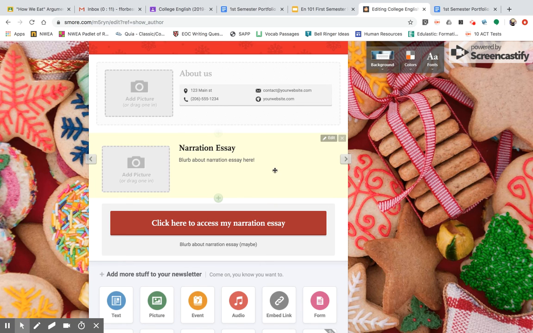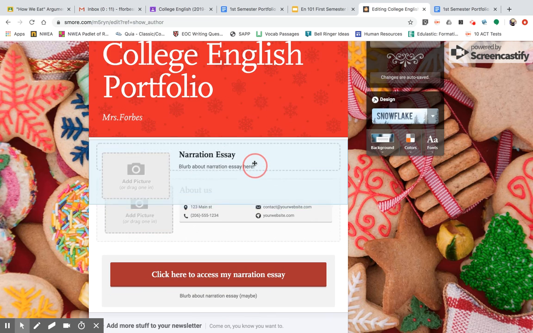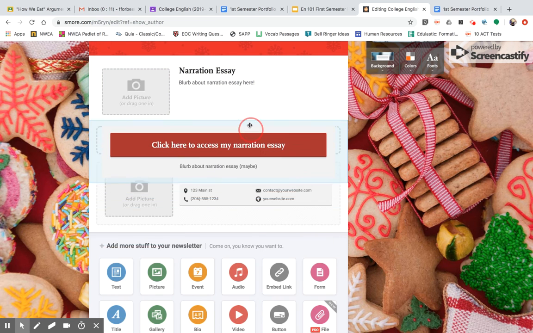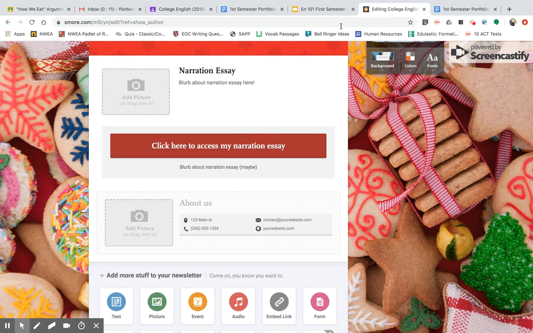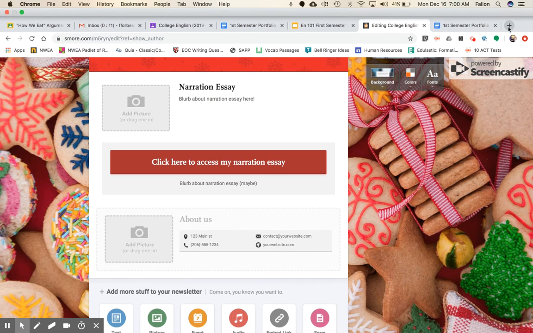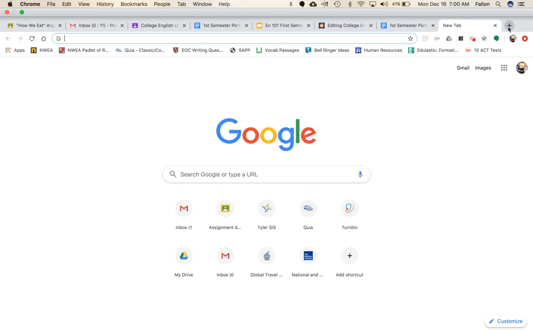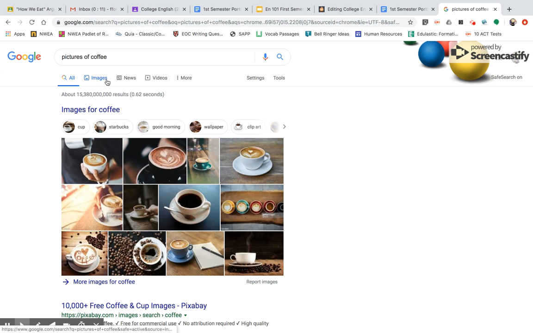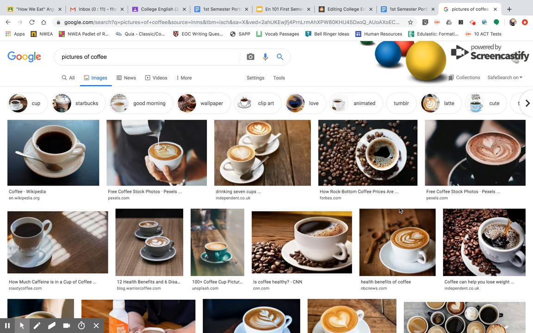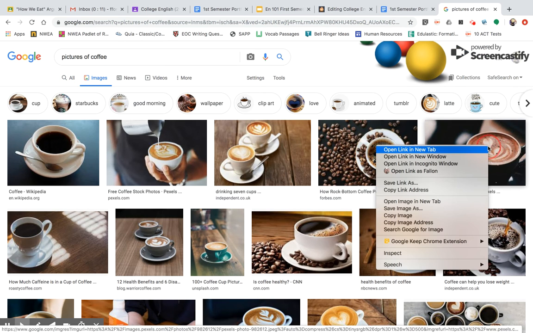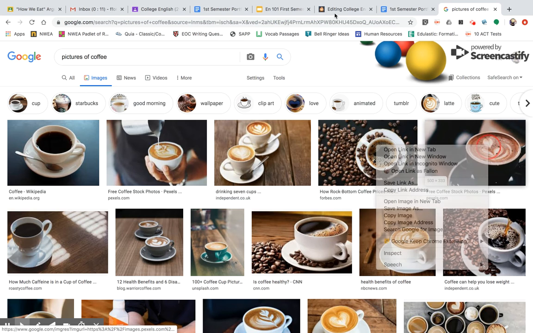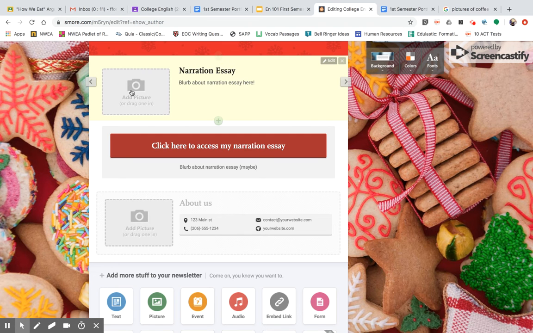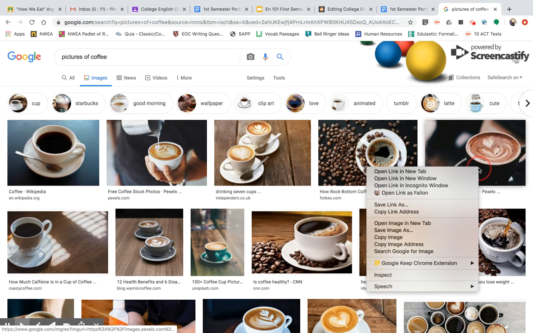Once you have actually typed in these boxes, you can move them around. Okay. When you add a picture, if my narration essay was about coffee, I'm drinking coffee this morning, I could do pictures of coffee. Okay, and then if I go to images, let's say I like this free picture of coffee. So I am going to click here. And then since it's coming from my desktop, I'm just going to hit,